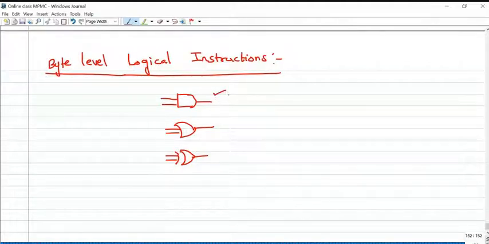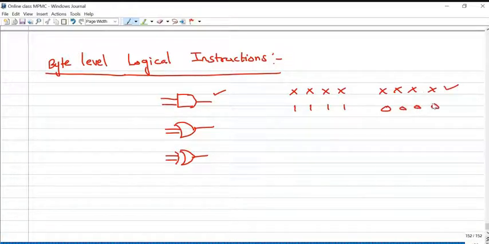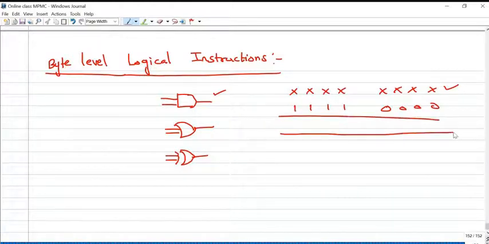This AND logic is used in a microcontroller or microprocessor, wherever it is, to mask some information. Suppose this is our unknown 8-bit data, and we want to mask a particular portion or particular bit. If I do the logical AND between the data, we don't know what information is saved, and this mask, 0 AND anything, you will get 0. So we are masking the lower order 4 bits, or individual bits can be masked.